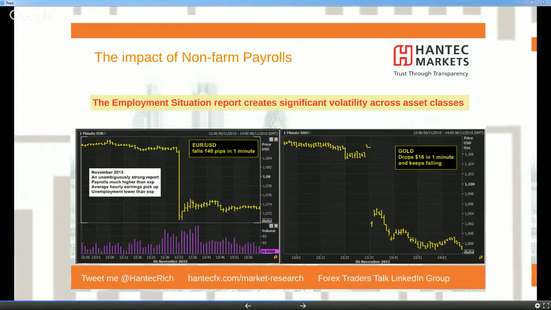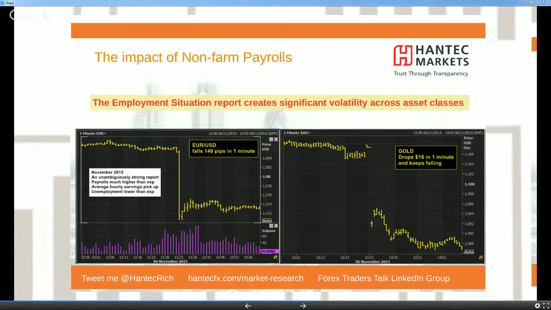about 206, 205,000. Now, payrolls has a significant impact across the market and asset classes. It's generally seen to be the most important data point of the week, of the month, and it has. Basically, it's because it gives a very, very strong indication of how the US economy is performing. The US is the largest economy in the world, and markets around the world need to know how that economy is performing. So it has a big, significant volatility impact across asset classes.